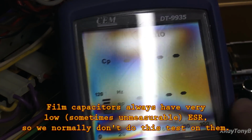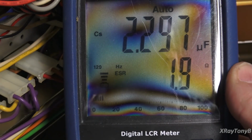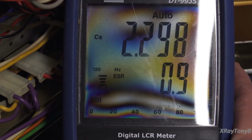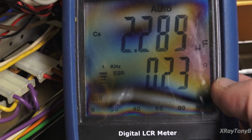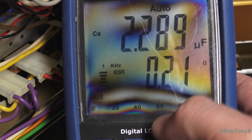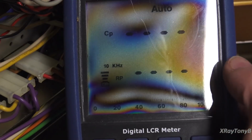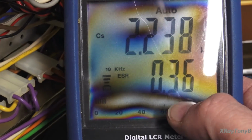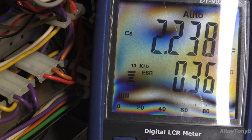And we can go right up through the different test frequencies. Right at 2.2 microfarads, 0.9. 2.2 microfarads, now it's dropping to 0.2. And even at 10 kilohertz, 2.2 microfarad, still 0.3 ohms. So the point that I'm trying to make is that